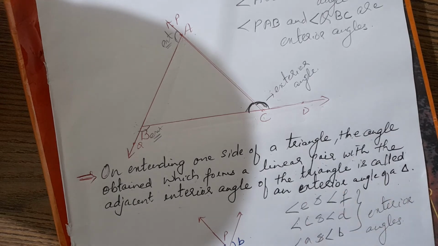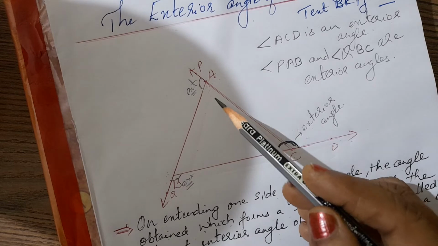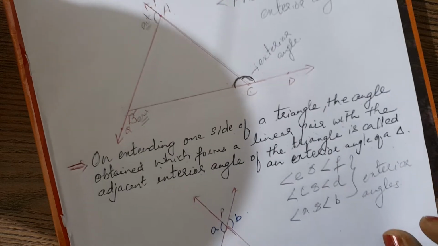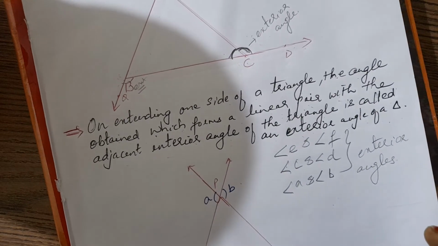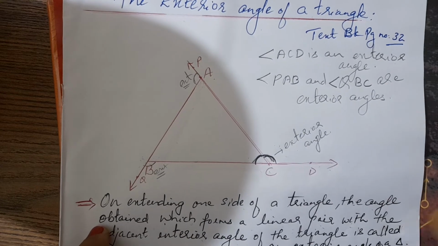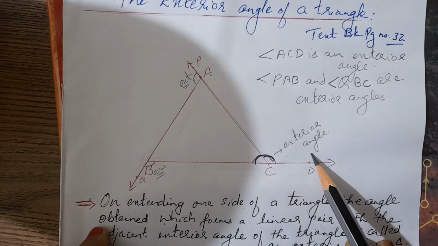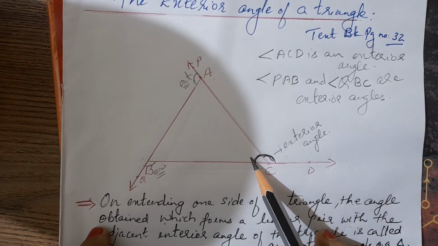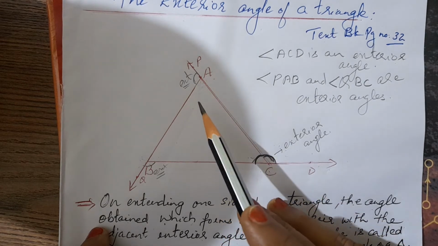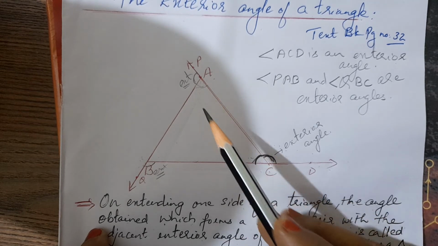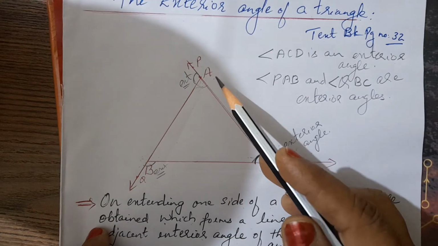Now also you have to remember, children, that the sum of measures of all the angles of a triangle is 180, which you have already learned in your previous classes. So now this is clear to everyone. What is an exterior angle? An angle which is formed outside the triangle is an exterior angle. This exterior angle forms a linear pair with the interior adjacent angle. Same thing here also, this is your exterior angle, forming a linear pair with this particular interior angle, correct?